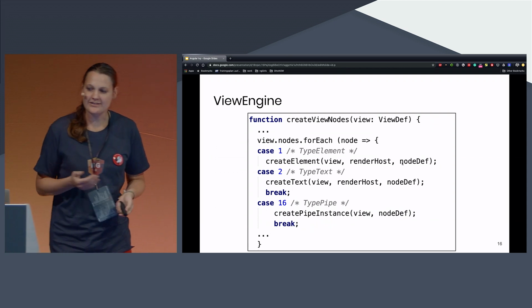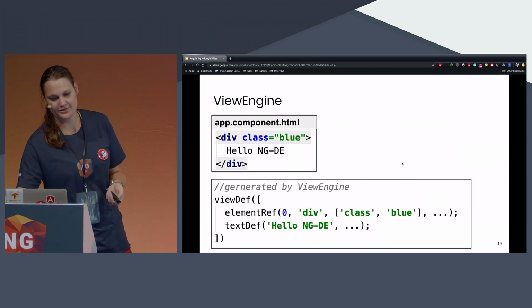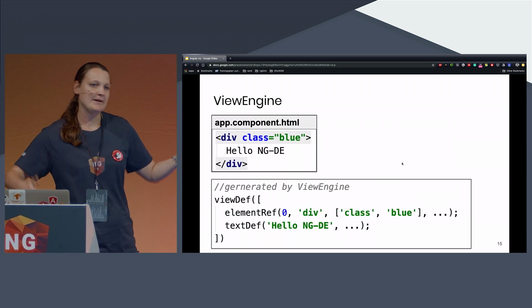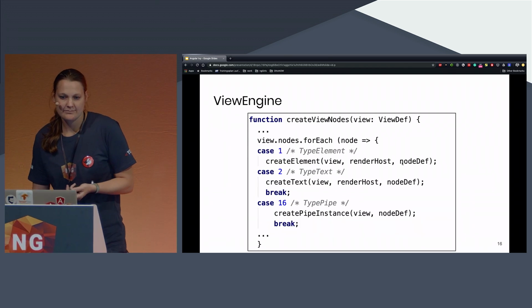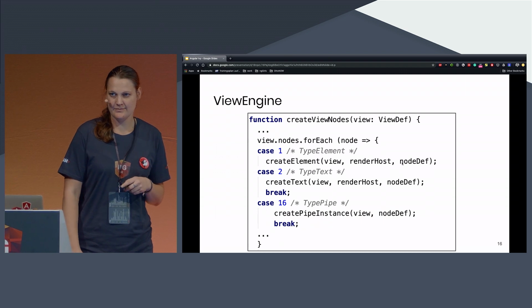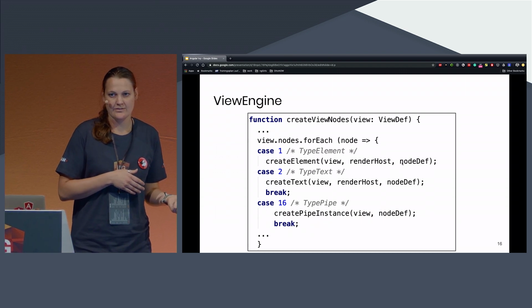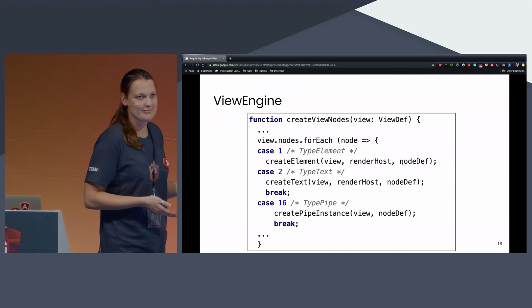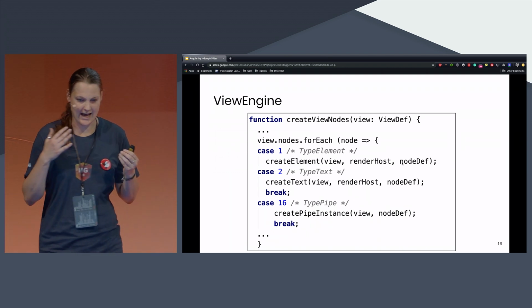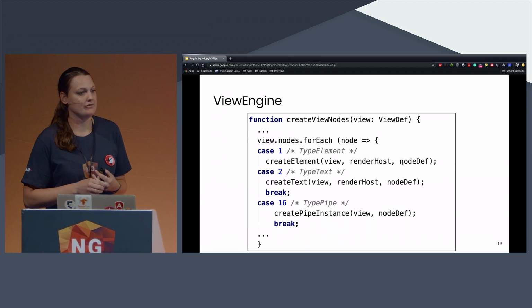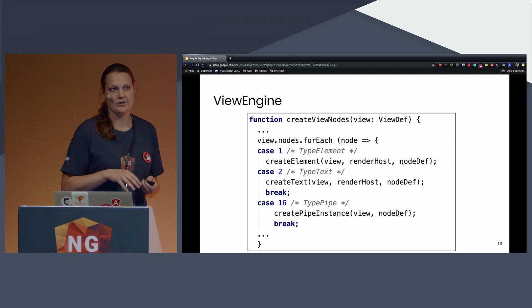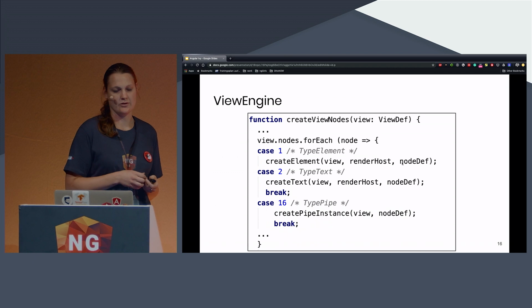Of course, you don't create just components that look like that. Of course, they are bigger. But let's just say you don't write a pipe on your own, the code to create a pipe will still be shipped. Maybe it's just some lines of code, but it's unused, dead code, and it's better to tree shake that, of course. So this is the main point why Ivy is now so much smaller.